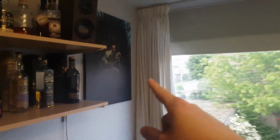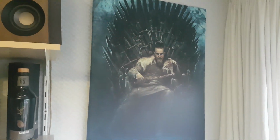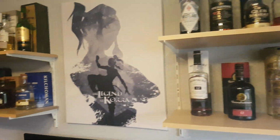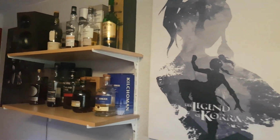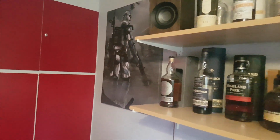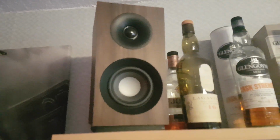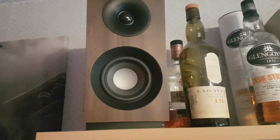I found that picture and I loved that picture because I love Vikings and I love Game of Thrones. This is just awesome. So I wanted something to match that. And it's actually really hard to find blue type pictures. So yeah, I would love to replace those Yamos with SVS satellites or something, but it's just the price